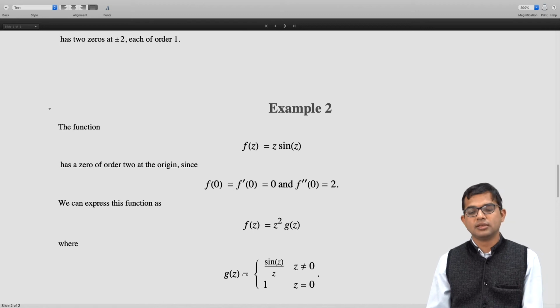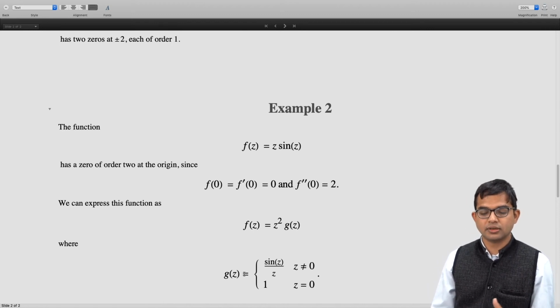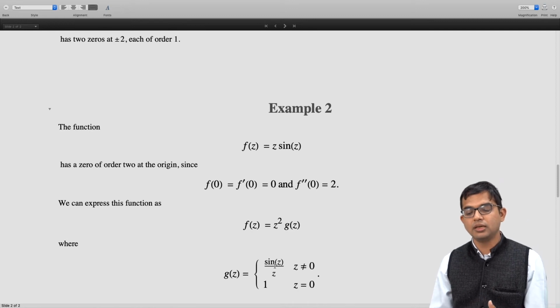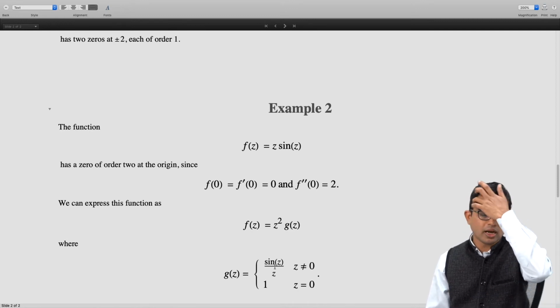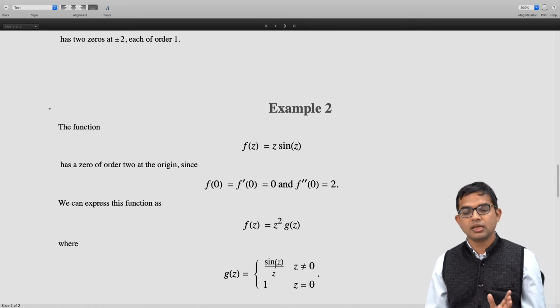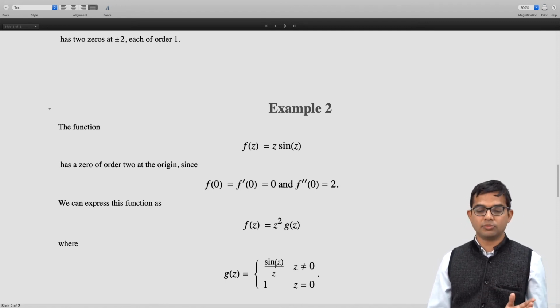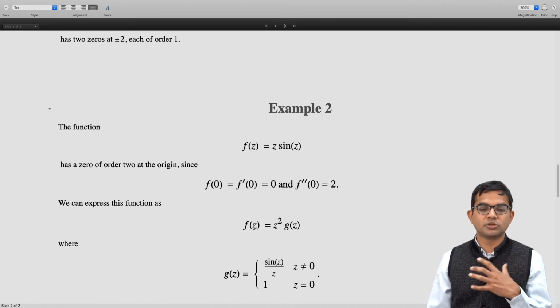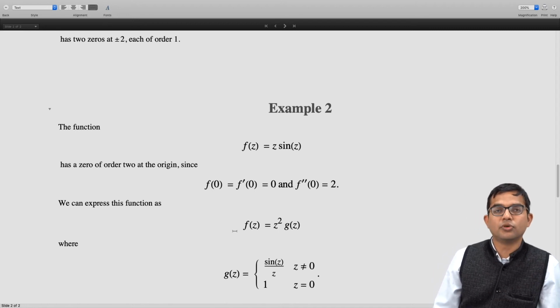So this is a way of defining this function where the singularity has been removed, right? We have seen this. So g of z must be defined as sine z over z for all z not equal to 0, and it's defined as 1 at z equal to 0. It's an analytic function, we have seen this, and it is non-zero at the point z equals 0. It's explicitly non-zero, and we have pulled out z squared, just like how the definition for the order of zeros